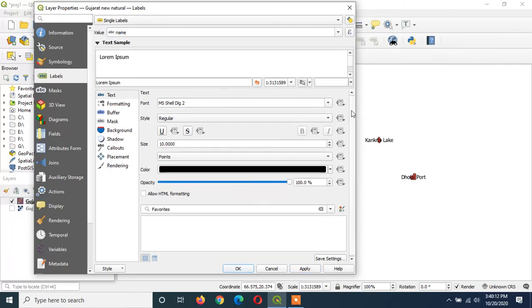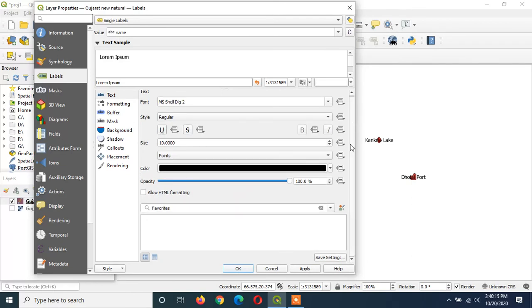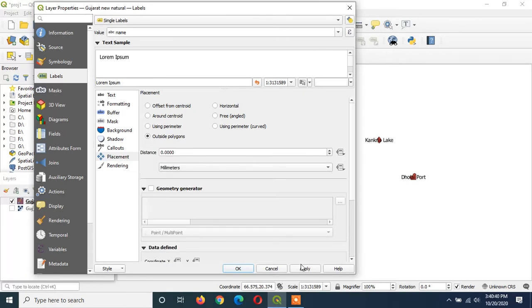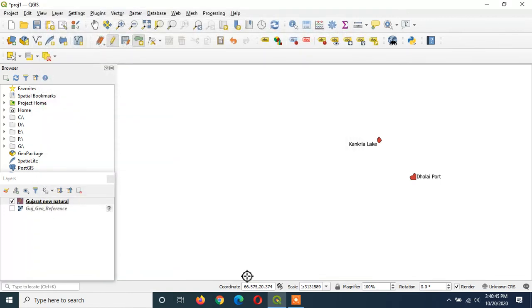You can set other properties of this label also. As you can see, these names are displayed on the polygon. I am going to change the placement to outside polygon. I am selecting outside polygon, applying, so now it is properly visible.